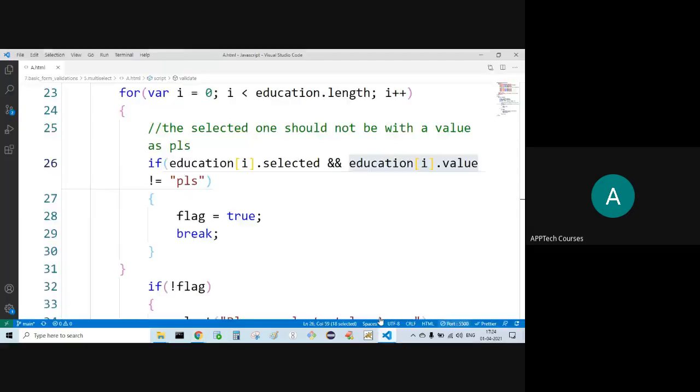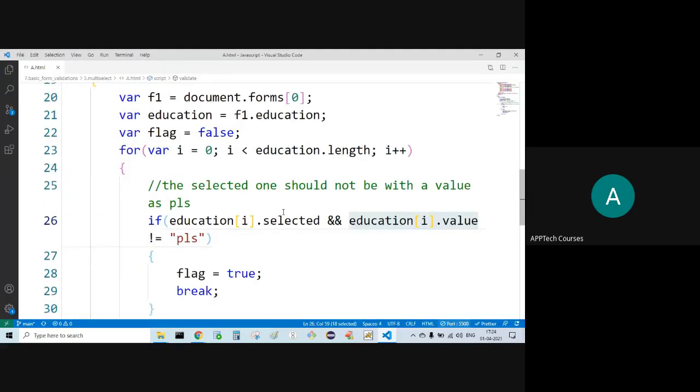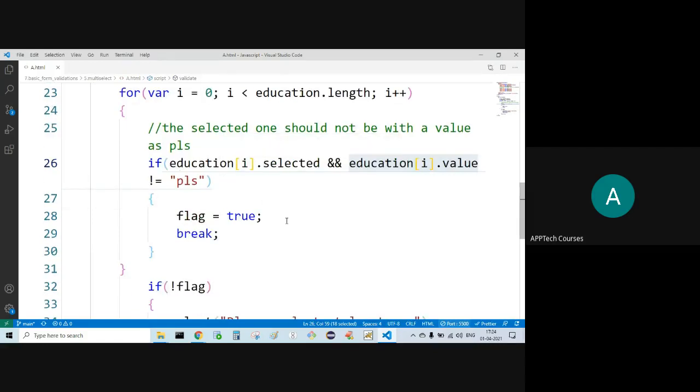So here, please select is 0, education of 0, selected. Education of i is also 0 as of now. Value not equal to PLS? No, it is equal to PLS.